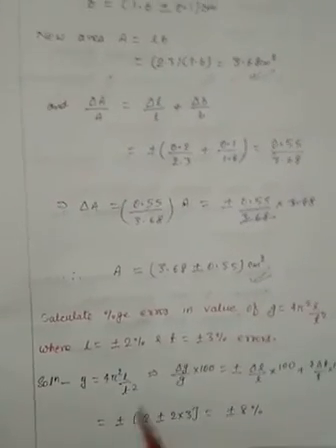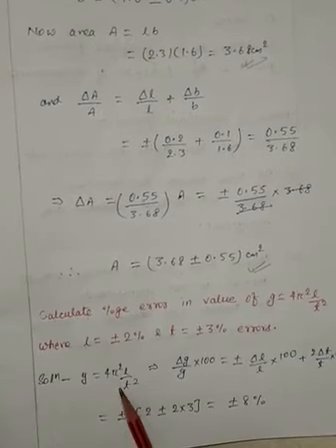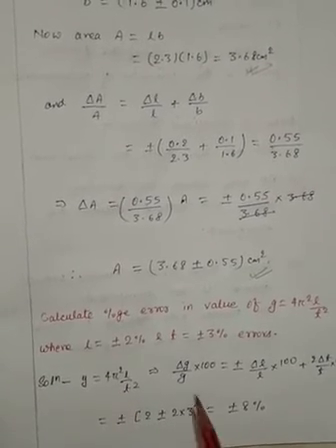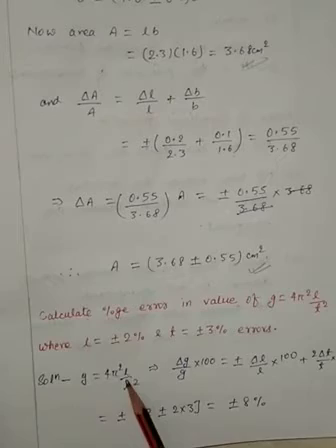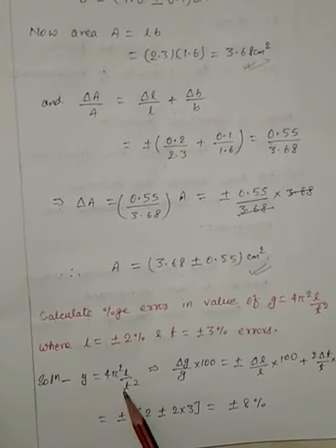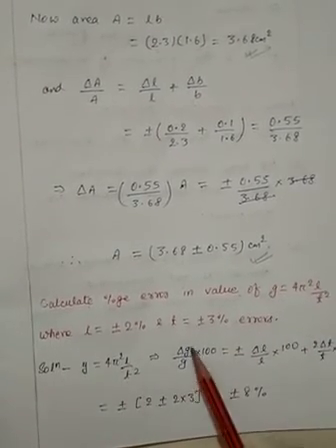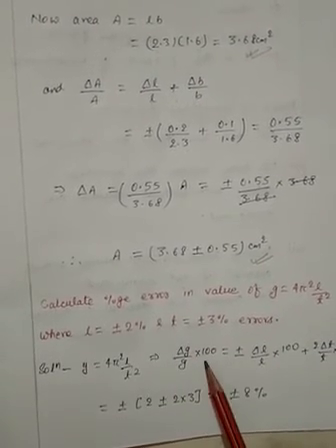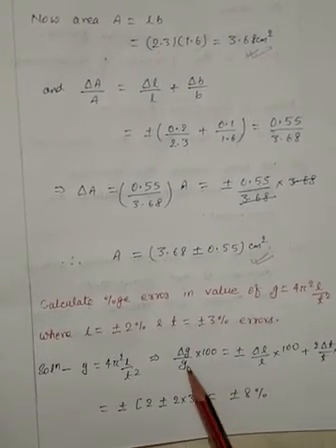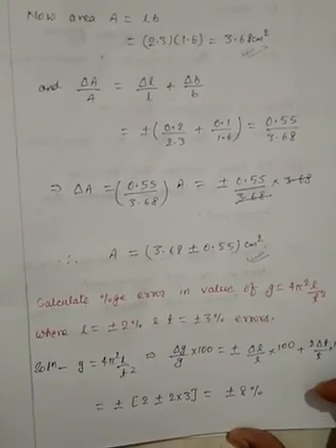So, what I said, G is equal to 4 pi square L by T square. Since 4 pi square is already constant, we will not consider it. Now, the relative error on the left hand side will be the sum of the relative errors on the right hand side, and the variables on the right hand side are only L and T. So, this is the relative percentage error on the left hand side, delta G by G into 100, which is equal to, as I said, relative error is always represented as the sum of the errors in different parts.